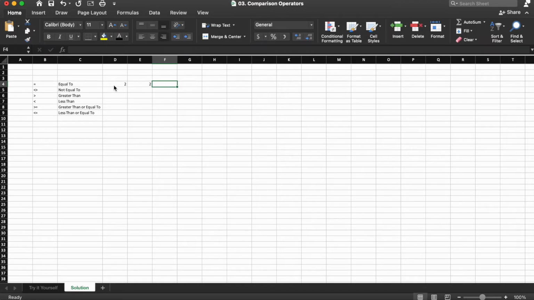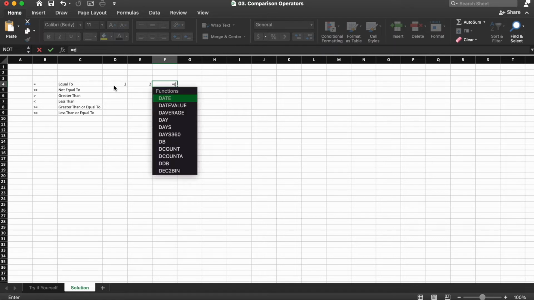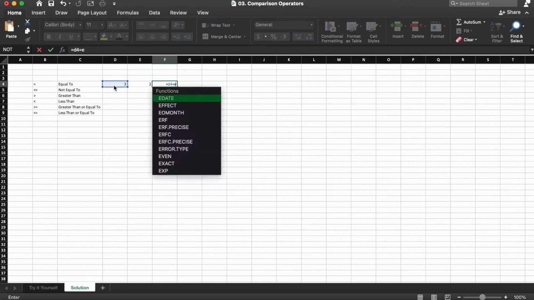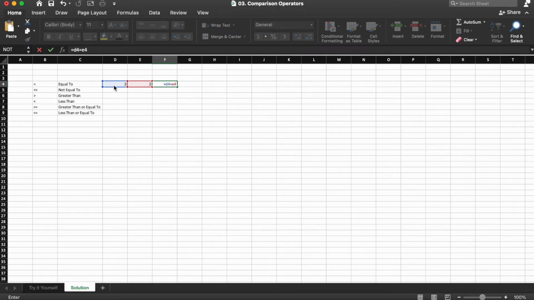Then in cell F4 you're going to do equals D4 equals E4, and then hit either enter or return on your keyboard, and you will see that the value true shows up in cell F4.